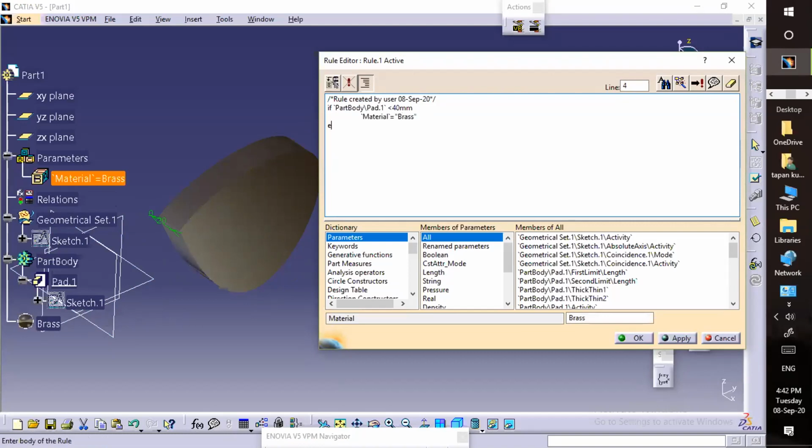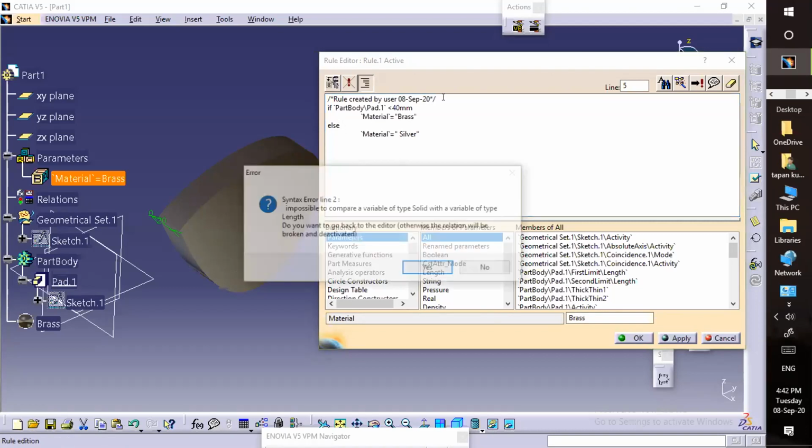Else, again you select the material. My material will be anything, any material. If you know the name, you can give it. I'm just giving a material name, silver. Then click OK. Maybe what is the problem? I don't know, it's not coming.